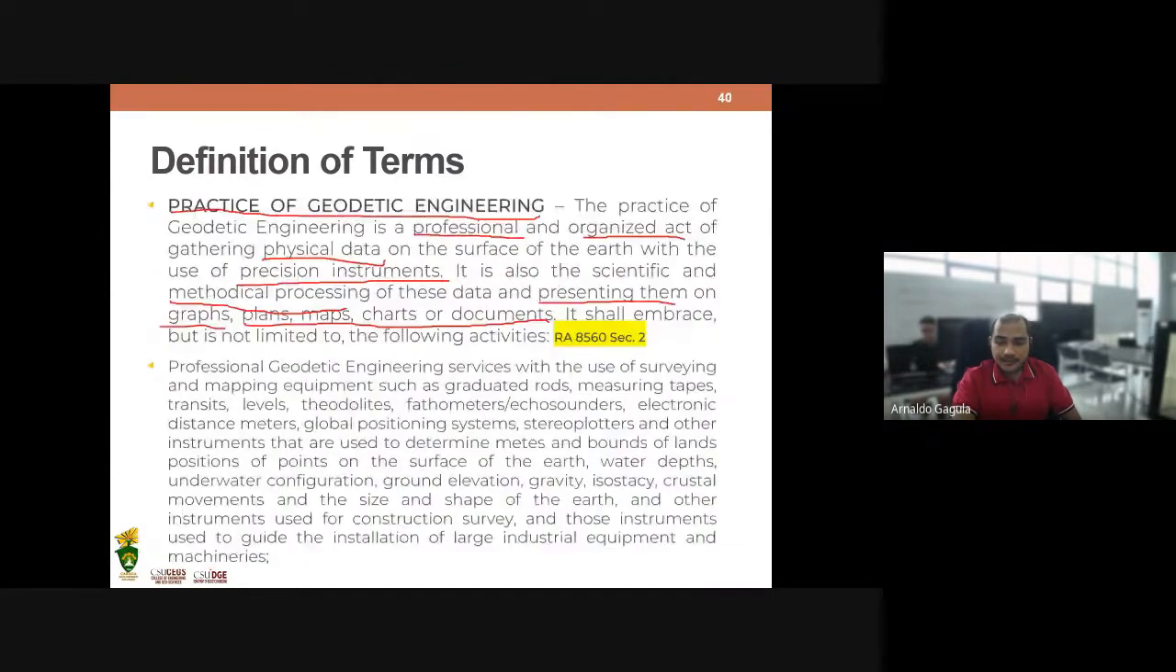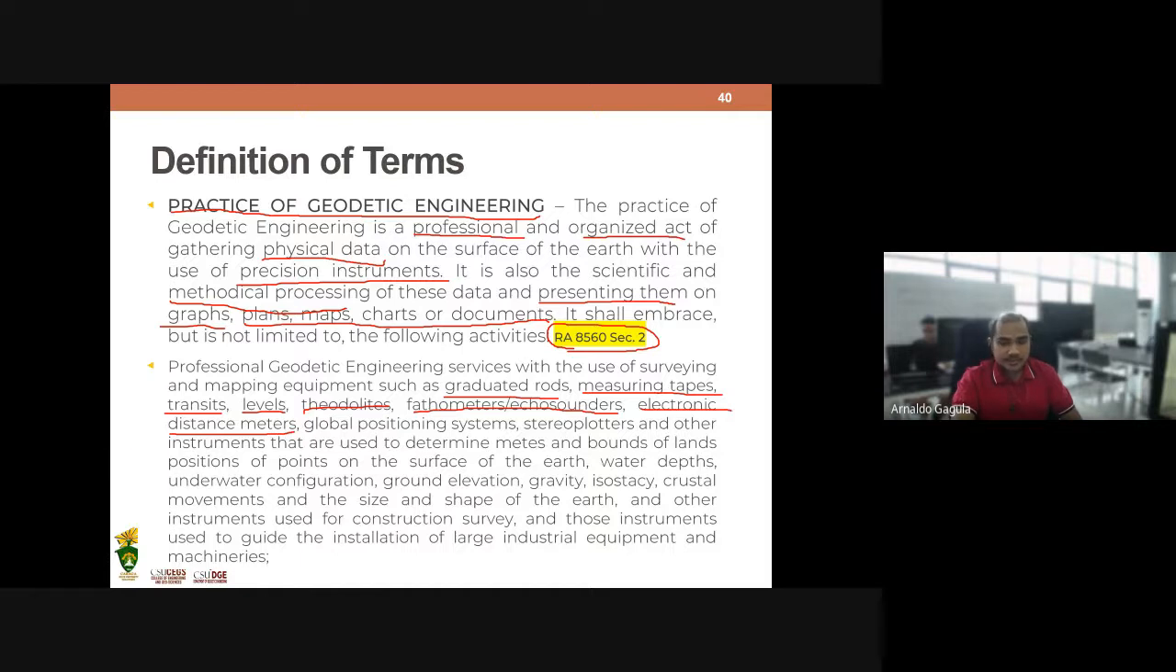So it shall embrace, but is not limited to, the following activities. The practice of our profession includes these activities, and it is not limited to these, there are more. But according to RA 8560, this is what is written: professional geodetic engineering services with the use of surveying and mapping equipment such as graduated rods, measuring tapes, transit, levels, theodolites, photometers or echo-sounders, electronic distance meters or measurements that include